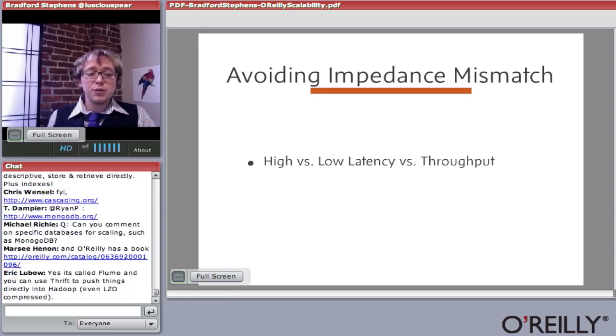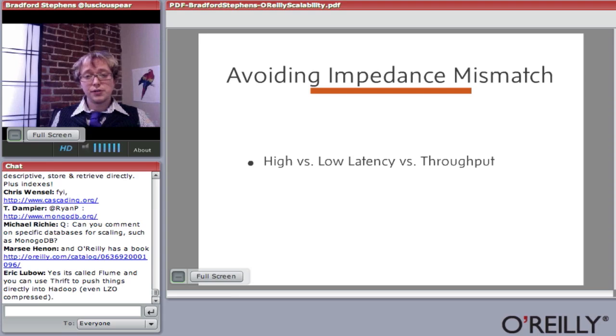Another thing you really want to do is avoid impedance mismatch. What this means is that when we're working with classic databases, a lot of the time you'll be able to run a query across 50 megabytes of data. It'll be really fast. 1 gigabyte of data may be a little slower. 2 gigabytes of data may be extremely slow. But you kind of expect to be able to run queries on our database on top of anything. But these days,